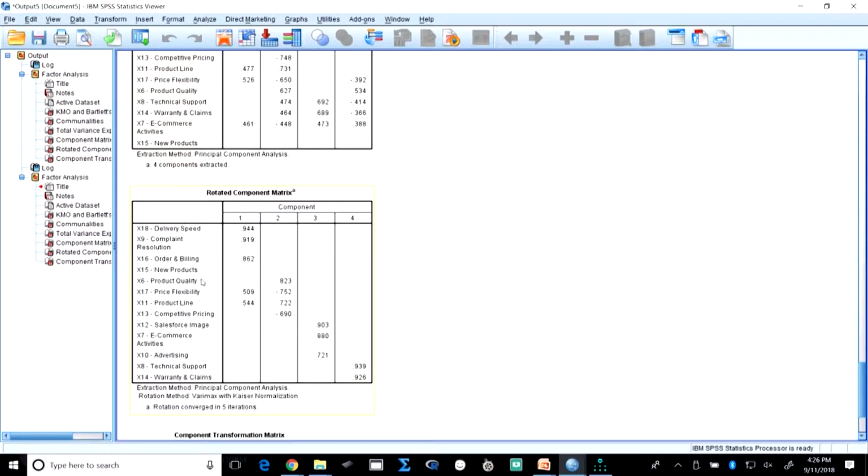You see the new products is not visible because it is now less than 0.3. It has a very low communality, it is not explaining to the factors. So, it is automatically not visible to you, it is less than 0.3, that means the loading cutoff which you have put into SPSS. So, now look at it, now we have got 4 factors. Are these 4 factors now explaining slightly better?